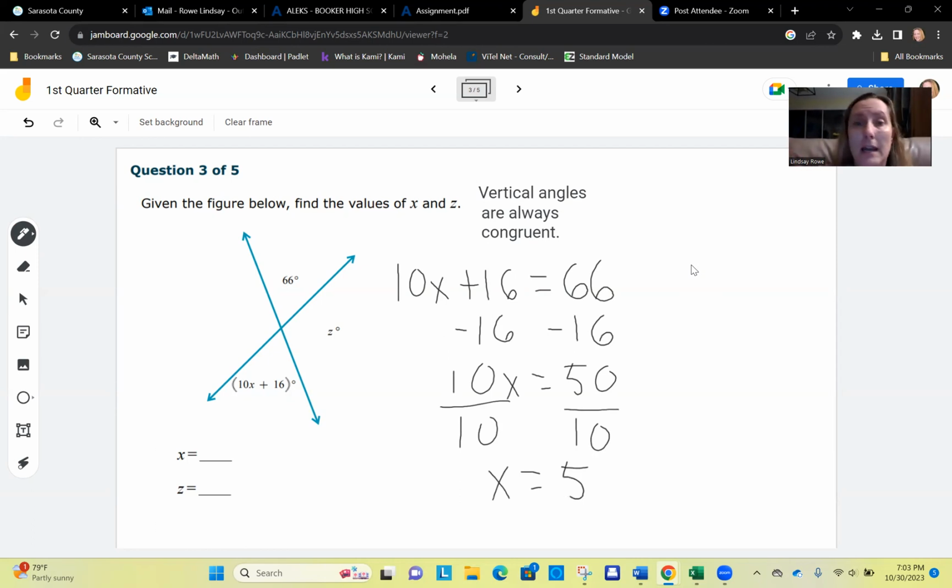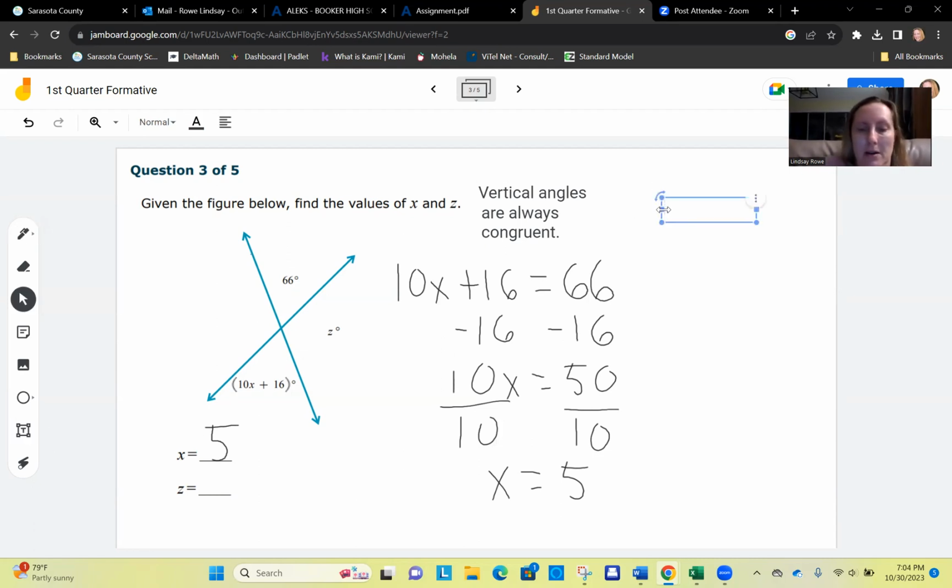In the final problem, they're asking for x. They're not asking for the angle measure, okay? But I also need to find out z. So z and this angle here next to each other, these two angles, form a linear pair. They're adjacent to one another. So when angles are adjacent and form a linear pair,